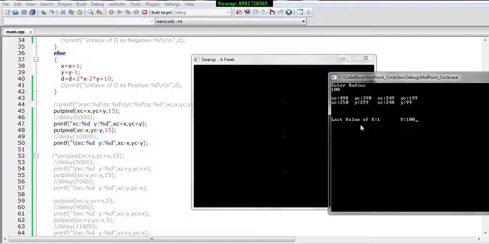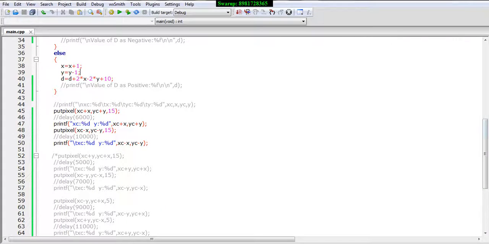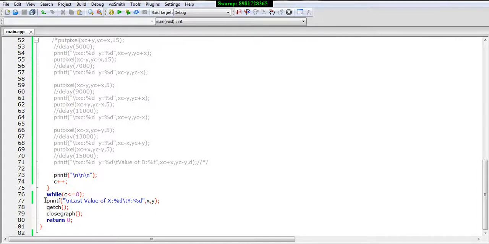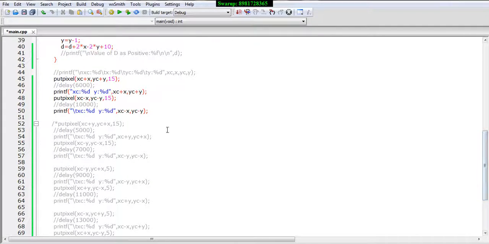Now you must be wondering what the last value of x and y is. For the time being, you can omit that one. Actually there is a line printed over here. We will be able to follow that a little later. So let me just put a comment line over here, so that at the end of the entire program you will understand what that particular value was representing. So we saw that the two ends got printed.